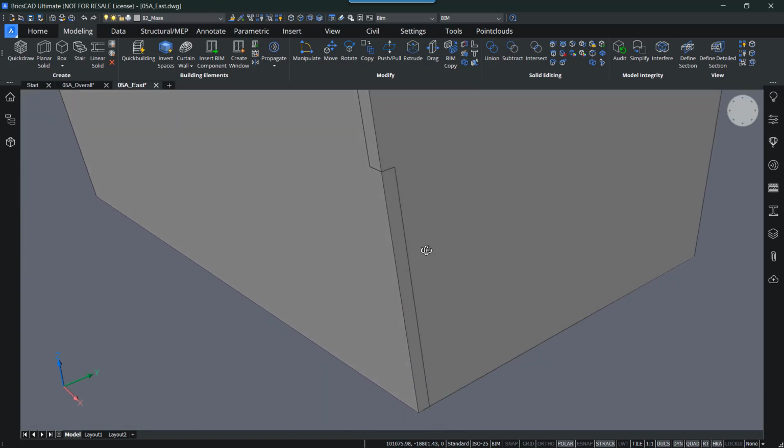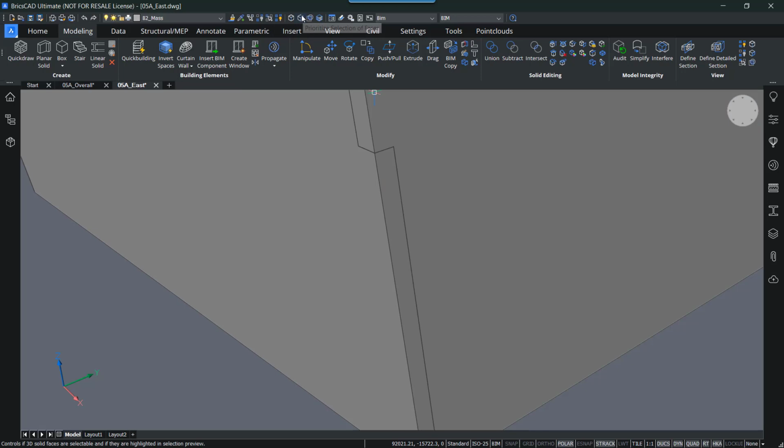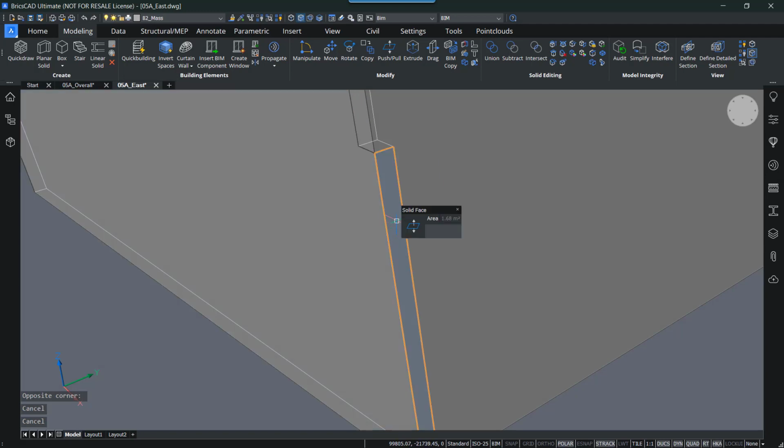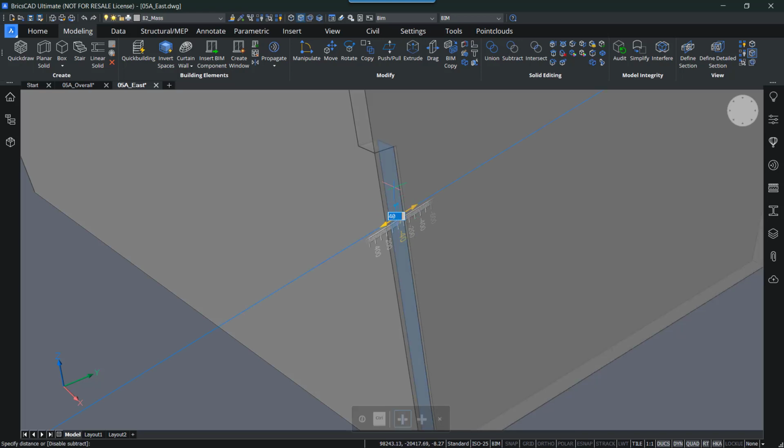What it does is, if I zoom in and then enable prioritization on selection of faces, I can hover over it somewhere here and press tab to toggle between the different layers underneath. So toggle until I have this layer, and this is actually the back face of the other wall, and I can use push-pull to push it forward.